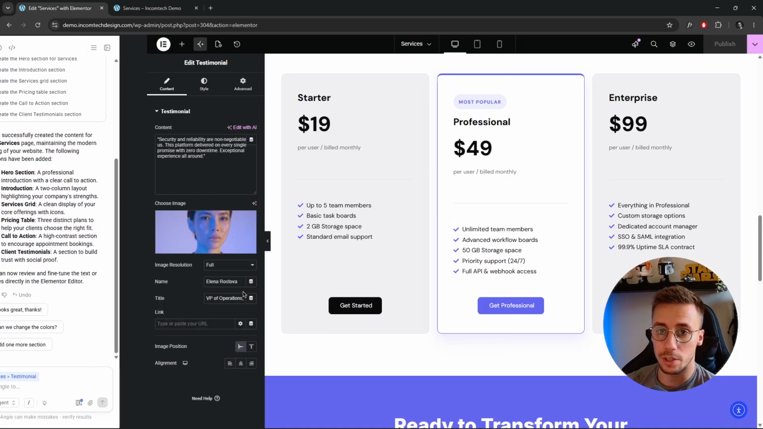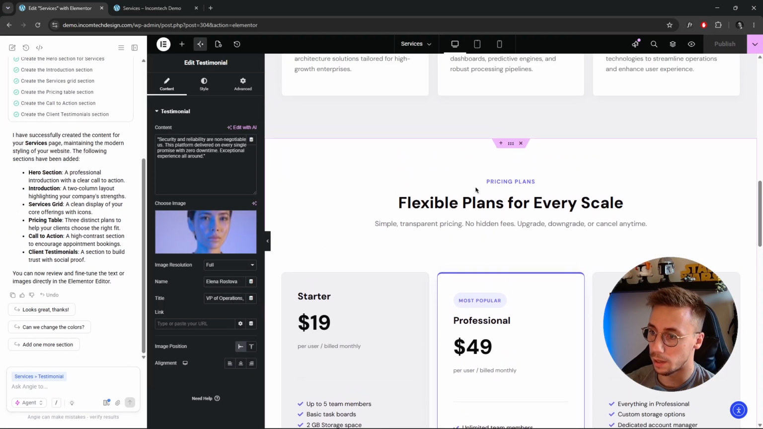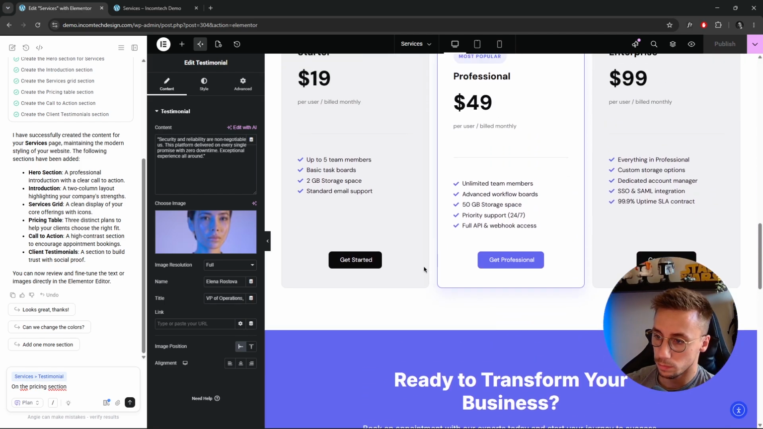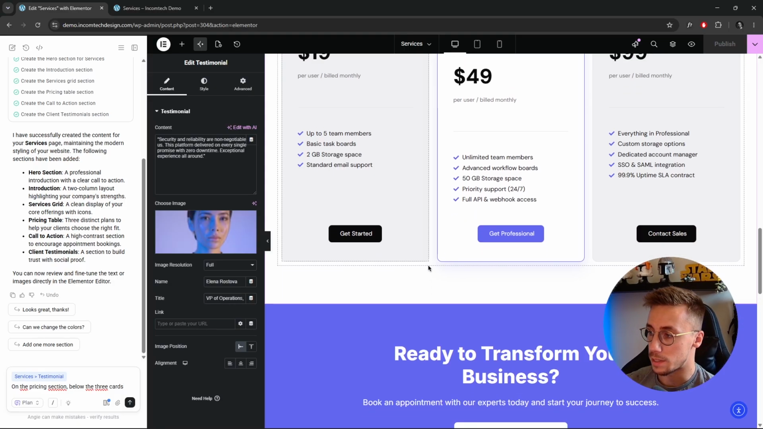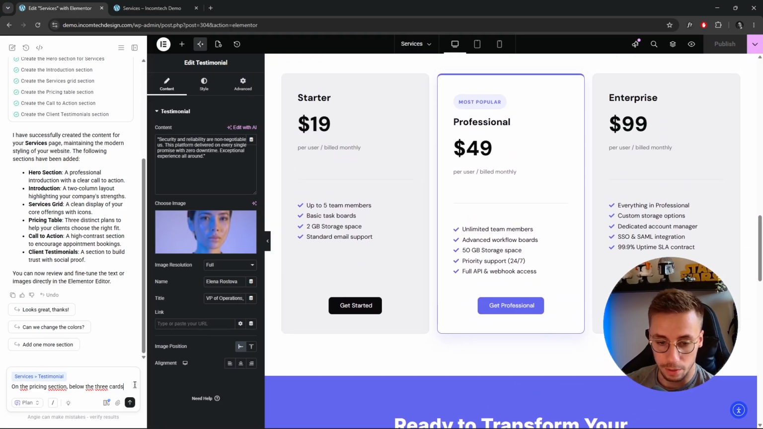So we just open up Angie again, and we're going to open up the planning section. On the pricing section, below the 3 cards, we're just going to communicate with Angie now and tell it what we want. So let's create this pricing overview in the table or the feature overview. On the pricing section below the 3 cards, I want you to add a button